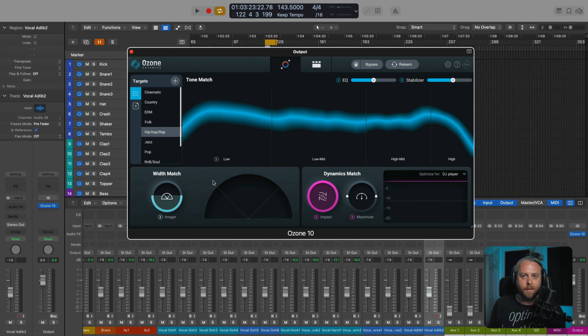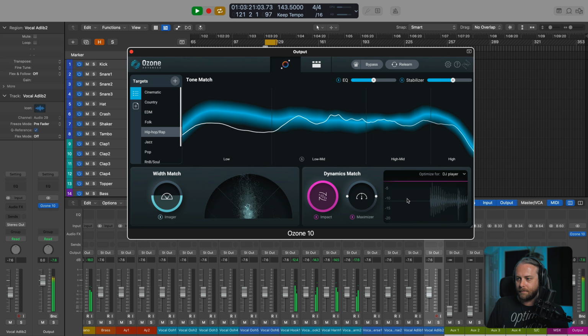We don't have to be as loud as the DJ player. -8 LUFS, -10 is pretty safe and pretty comfortable. So that explains why we have these parameters here. Again, you can go up or down, and you can even see in this scrolling here the effect of the maximizer on your track. So let's actually take a look as we move this up and down. Let's go back to streaming.